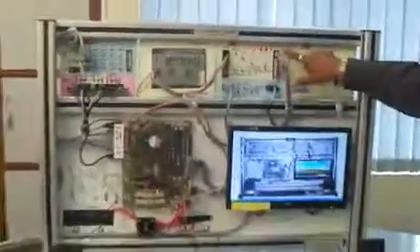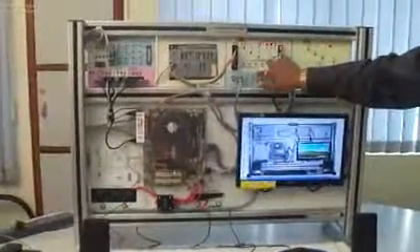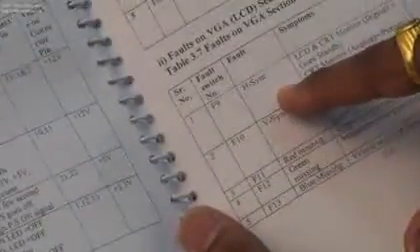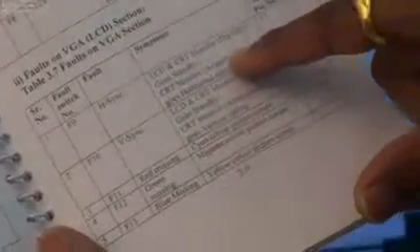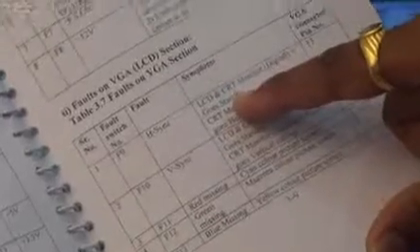Let us see some faults on this PC3 panel which are related with the power supply as well as with the VGA monitor. Let us see some faults on this LED VGA section. So this F9 fault is horizontal synchronizing disabled. The symptom will be that the LCD or LED monitor will go into standby.